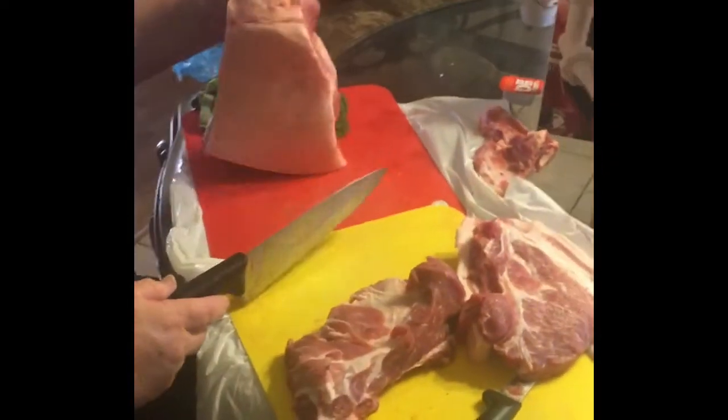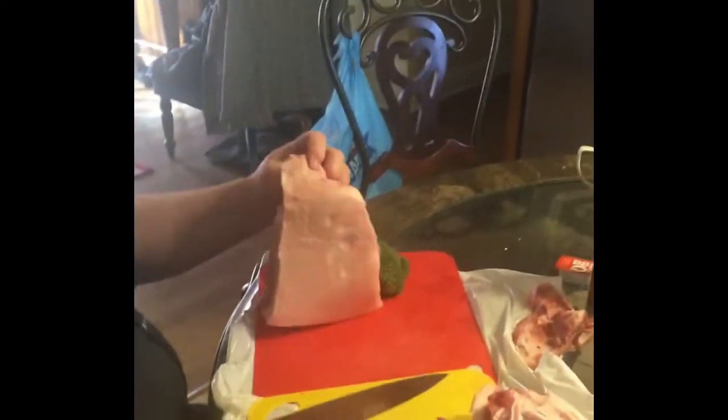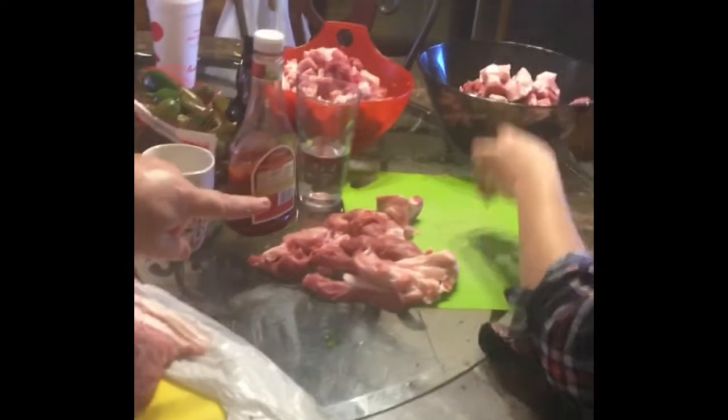Okay, first you got to get some pork butts. They come in twin packs or whatever. I got this for $1.29 a pound, which is a pretty good price, normally $1.99. Cut the bone out. You cut it in big pieces, and then you see what she's doing over there is cutting it into little blocks to where it'll fit in the hole